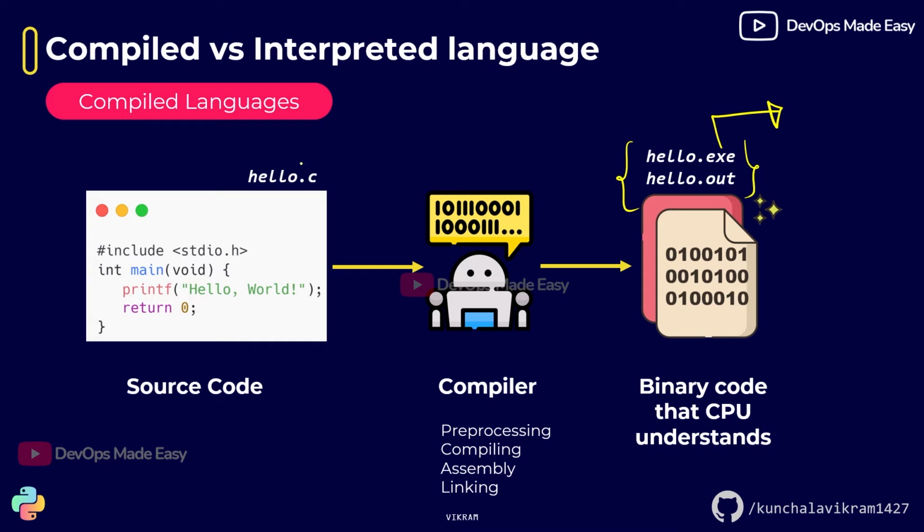So there is no need to share your source code, because for running this exe file you don't have to go through the compilation stage again and again. And this .exe file and .out file can be directly understood by the CPU without needing to use any other